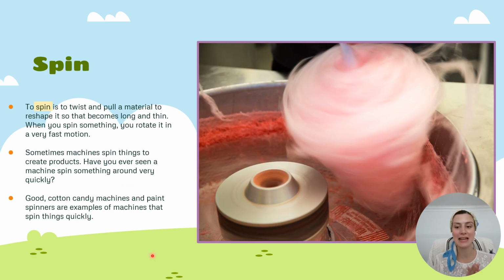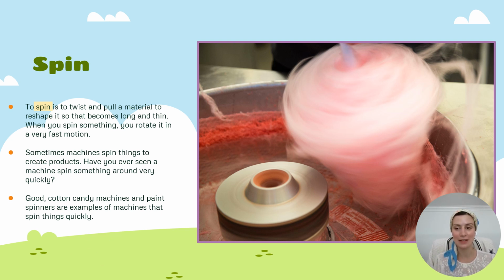All right, boys and girls, next we have the word spin. To spin is to twist and pull a material to reshape it so that it becomes long and thin. When you spin something, you rotate it in a very fast motion. Sometimes machines spin things to create products. So if you think about cotton candy, when they're making cotton candy machines and paint spinners are examples of machines